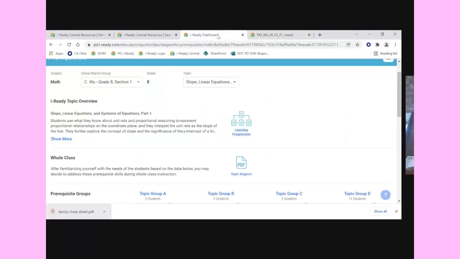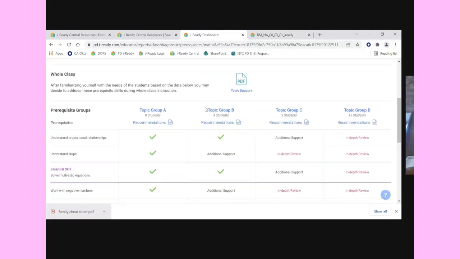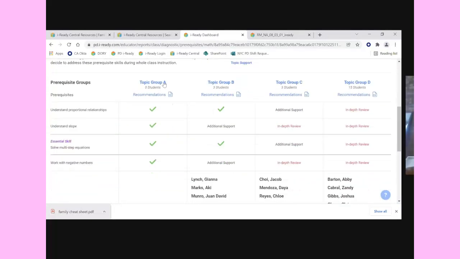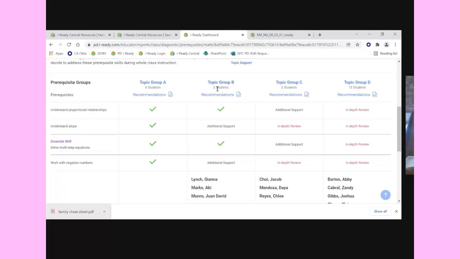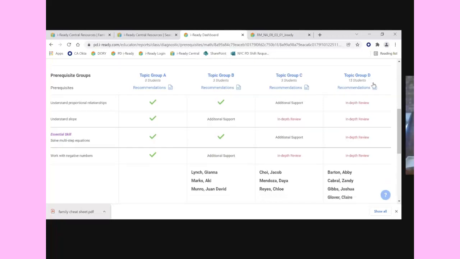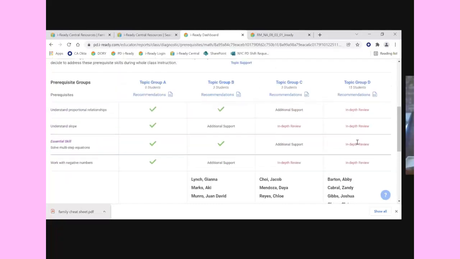Once I've taken a look at this tool, I can scroll down, and I want you to see how iReady has grouped your students, A, B, C, D, with these prerequisite skills for this topic. Who has shown mastery of these prerequisite skills based on the diagnostic? Who's good to go? In my class, I don't have anybody currently, and that's okay. I have some students that have established a couple, need additional support in a few. But if I focus on group D over here, a huge chunk of my kids need in-depth review for all 4